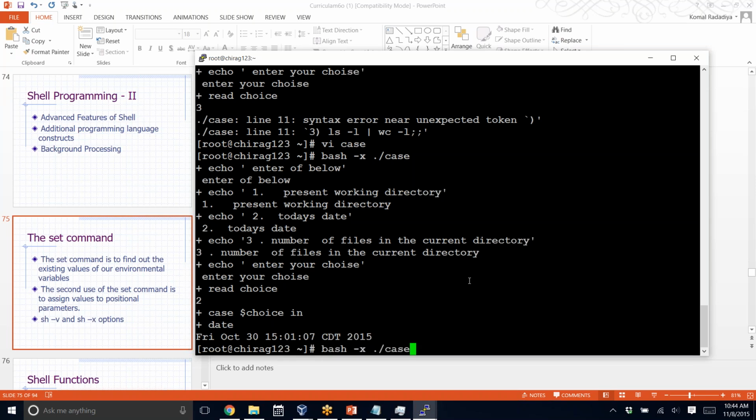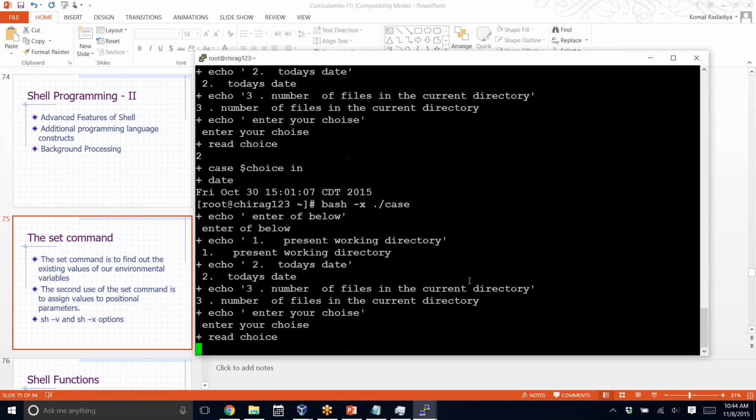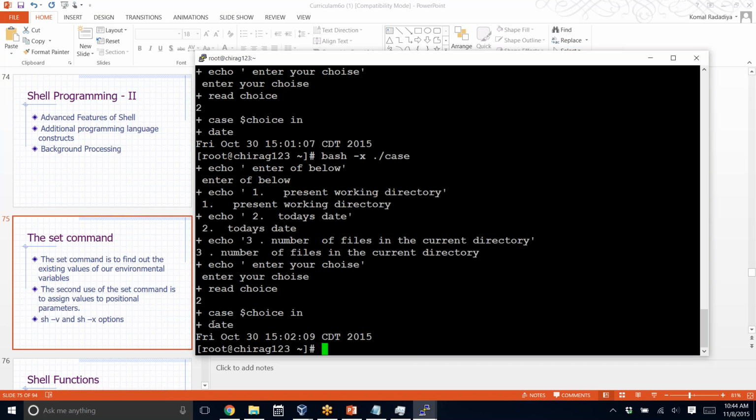So when I do bash -x, it shows me where exactly it is executing the script, right? Which line is it executing? So echo, please enter below. It shows the echo command, and it shows me the output of the echo command at the same time. And then it shows me the first number 1, and again displays number 1. If I do 2, it executes the command, and then it shows me the output of the